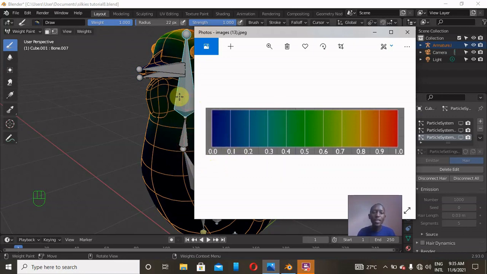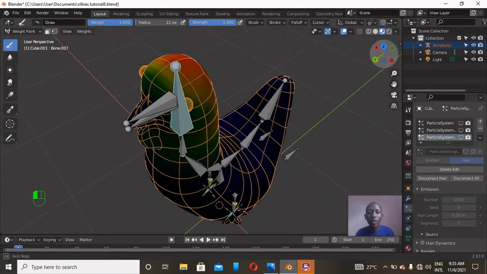When it's 0, it means this bone isn't affecting that place. So when it's 1, for example the top part there, it means that this vertex at the top has been given 100% attachment to this bone. So we shall see how we shall work on that.